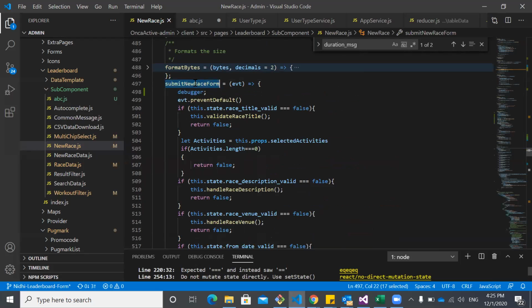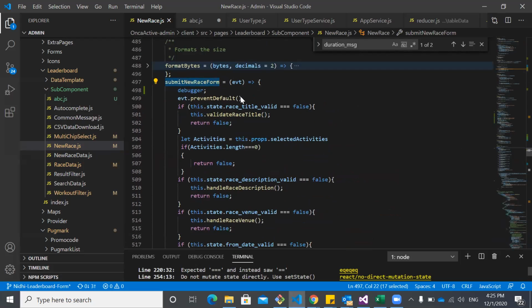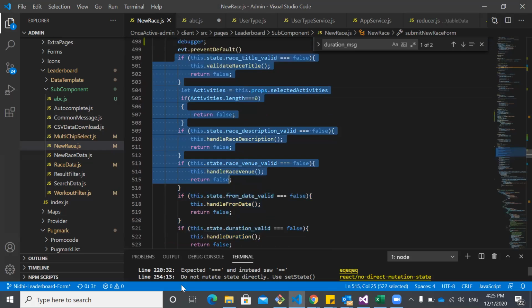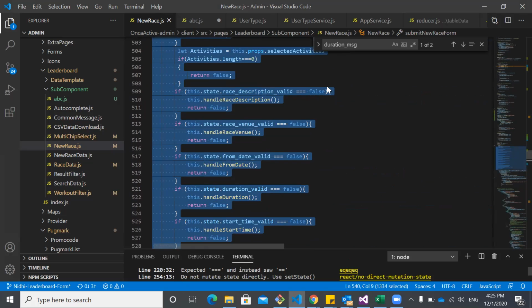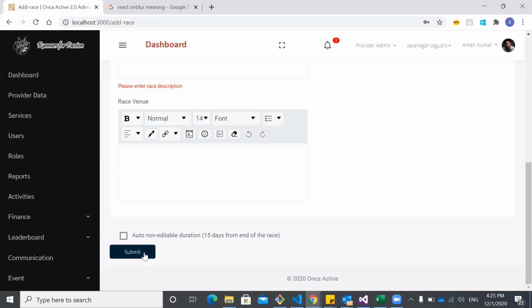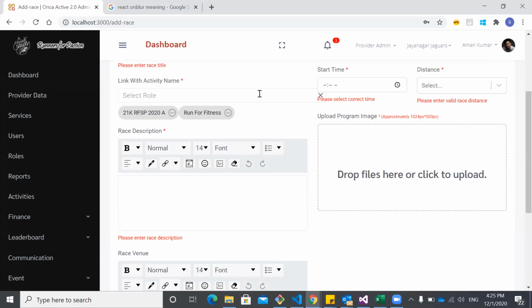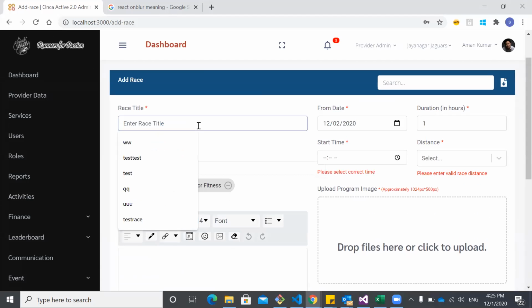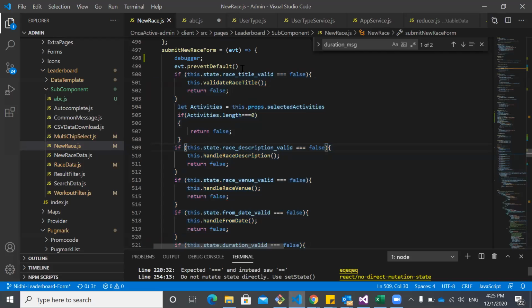So the submit new REST form is there. In that, this entire part you are looking at is for when someone comes and directly clicks on the submit button. For that case also we have to validate on click, because the on blur functionality is not going to work for our entire functionality, correct? So for that also we are checking.